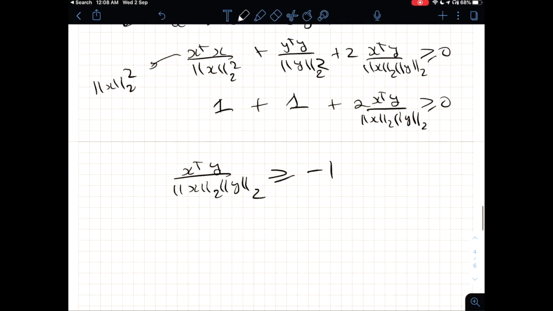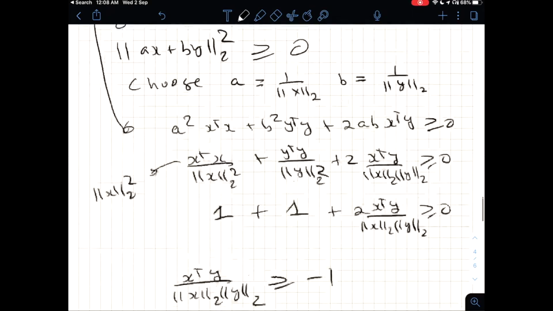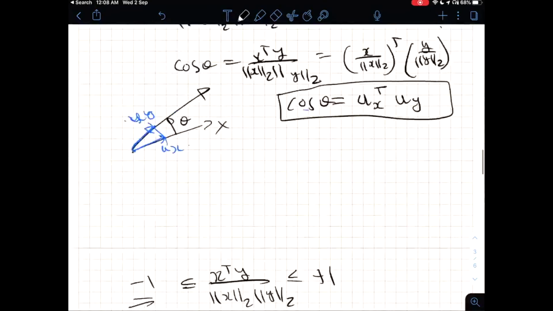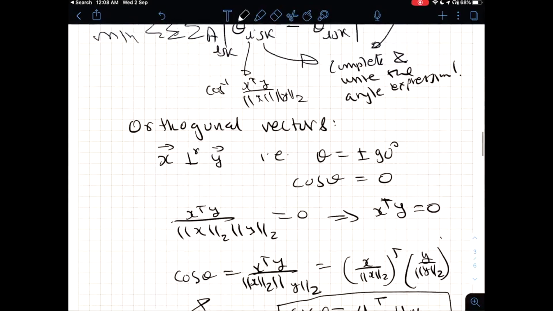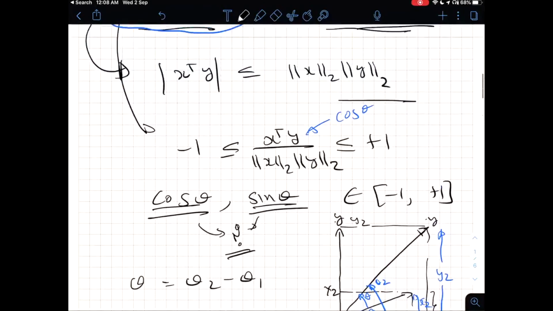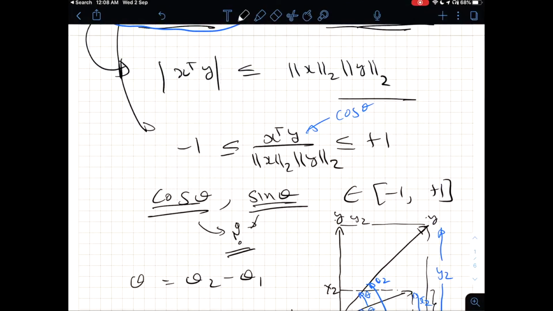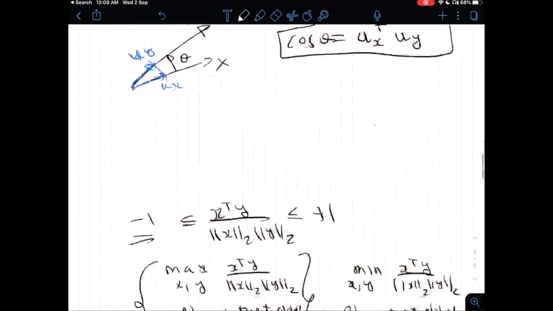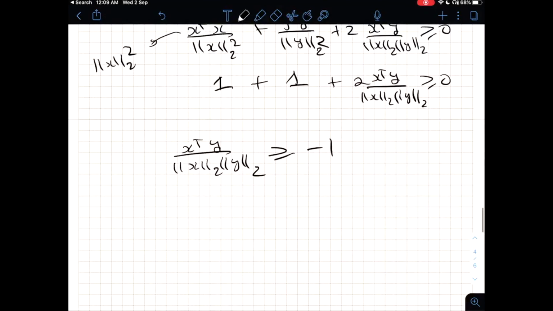So we have proved now one part of this inequality, is it not? Which is the part that I have proved? I have proved this particular part of the inequality. Now I have to still prove that it is less than or equal to plus 1. So let me do that now.